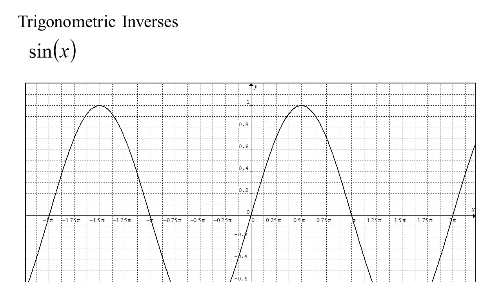Let's see how this applies to trig functions. So here I've got the graph of the sine of x, and you can see that this doesn't have an inverse, right? Because it fails the horizontal line test. For example, if I tried to figure out